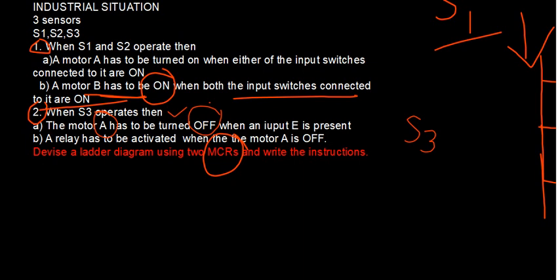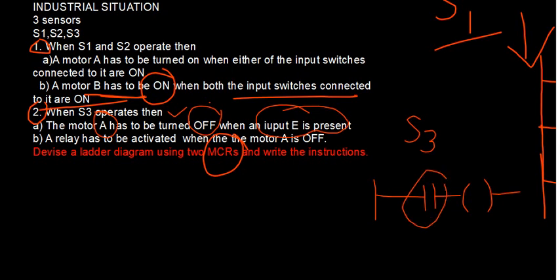So if you have any ambiguity here, you can always take this as some other motor. Doesn't matter, it need not be A and B, it can be taken as some motor C also, because you may have some constraints here in turning off the motor A by means of some other master control relay, right? You can take it as motor C also, because it is an example. Motor A also can be taken, motor A or some other motor C, right?